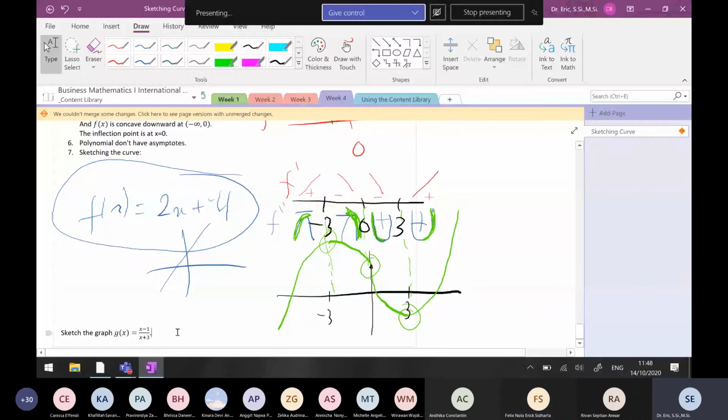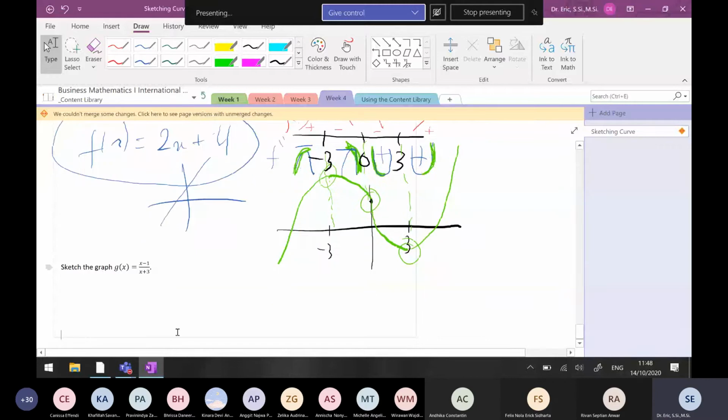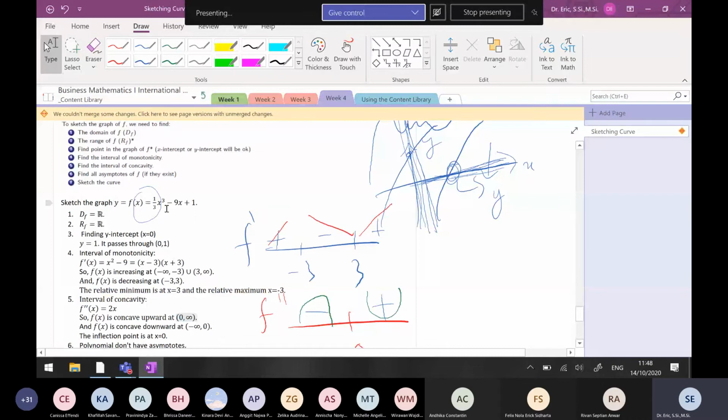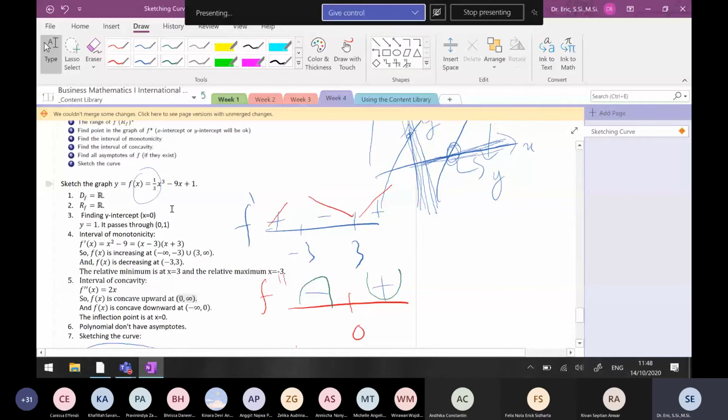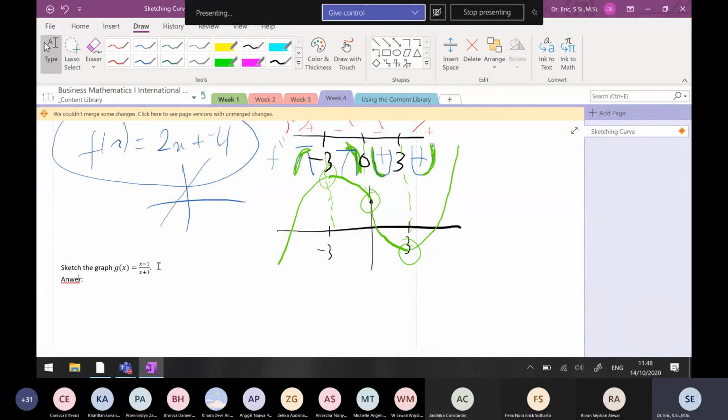We won't give you an easy function. We usually give you a polynomial of degree 3, 4, or sometimes 5, and so on, but usually degree 3 or 4, not more than that. And the rational function: you have to know how to do this. This one is the rational function, the last one.